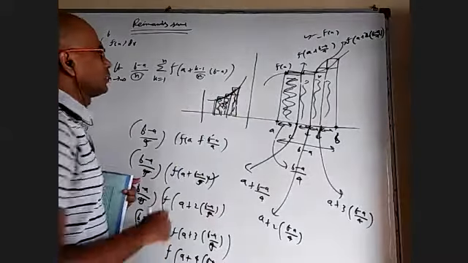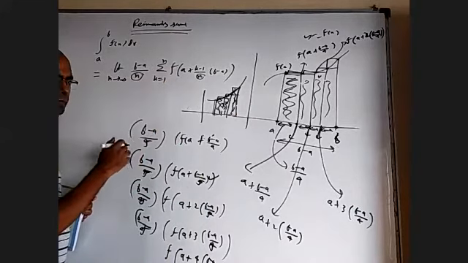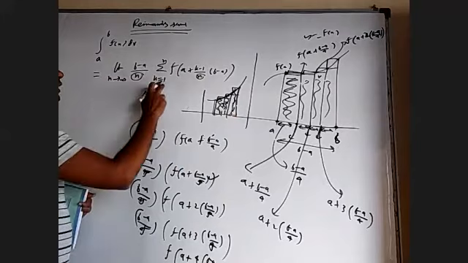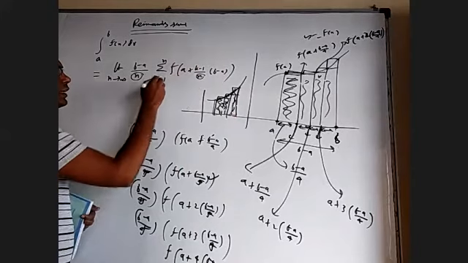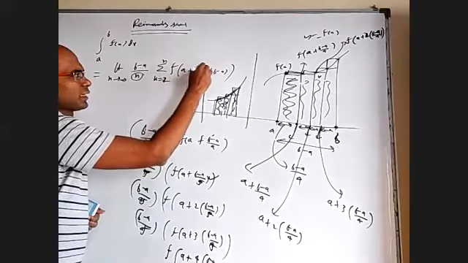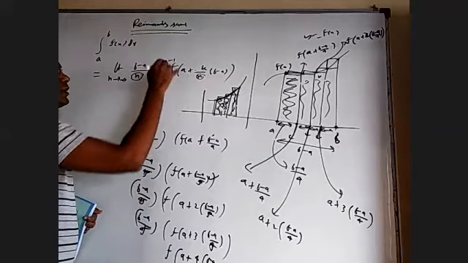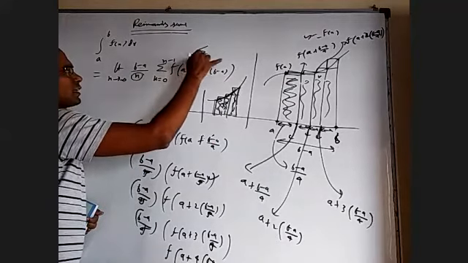Okay, so when you take limits, I can take k equal to 1 to n, or when you take k equal to 1, it will actually be 0 to n minus 1. I can take k from 2 to n plus 1, or instead of k minus 1, let me write k here. When I write k, I can take 0 to n minus 1, or I can take k equal to 1 to n.